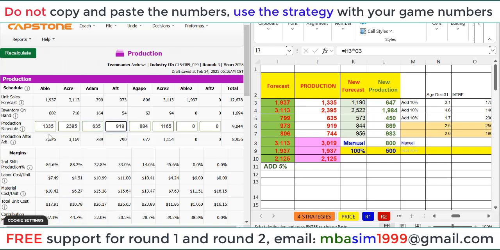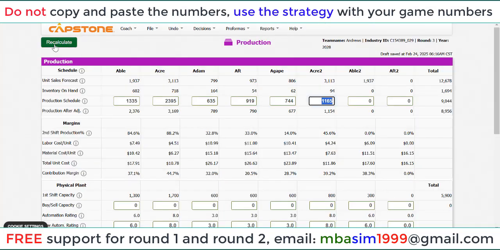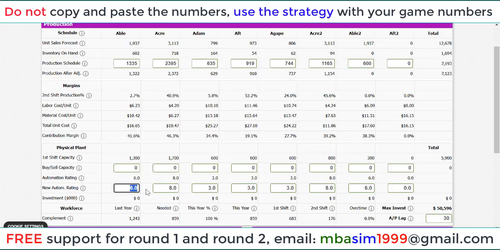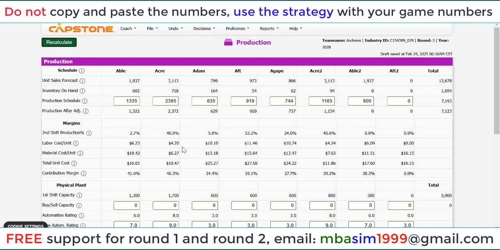$65, right? 919. And now the max we can produce is 600, right? So we increase automation from 7 to 9 for round 3, right? 9 to 7 for the new product. We start with 3, right? And we check the